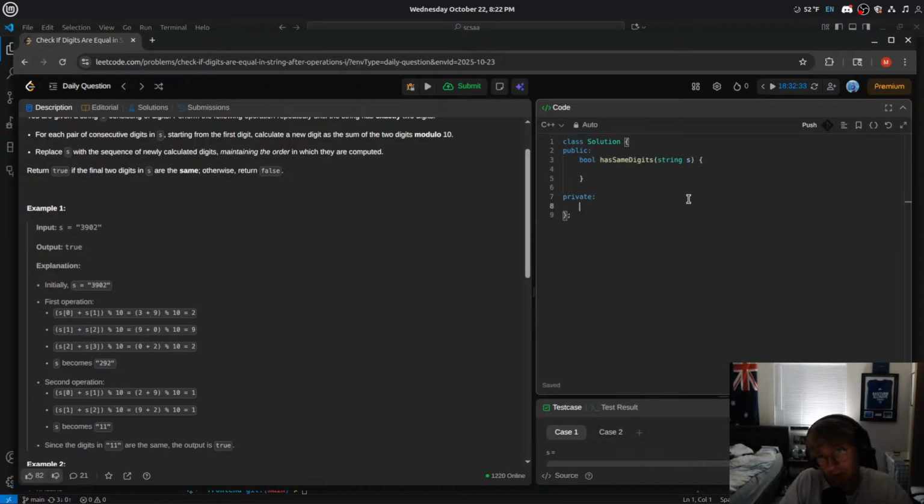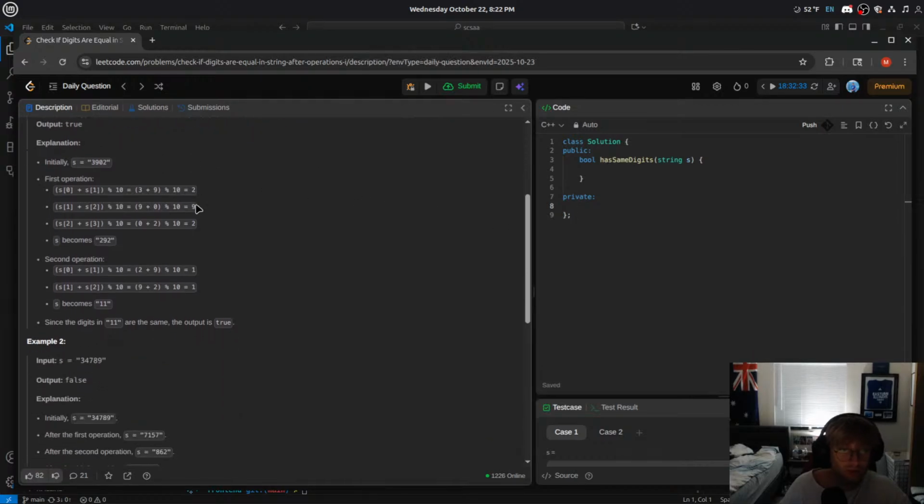Okay, so the way we probably want to do this is we probably want to return true if the final 2 digits are the same. Let's just have like a Boolean res, initially false. Let's see here, what do we want to do here? Well, we probably want to keep looping, right? So while